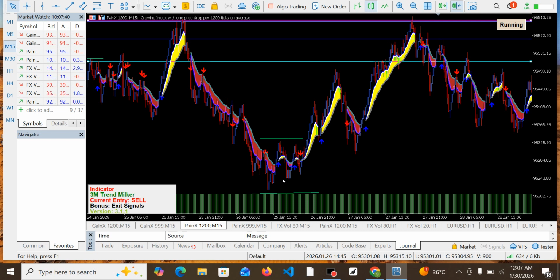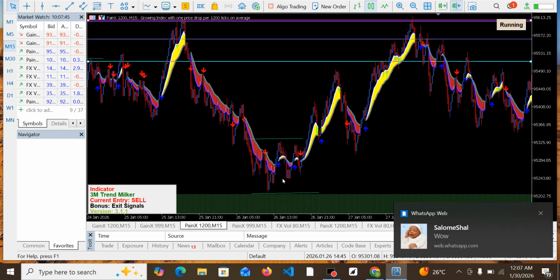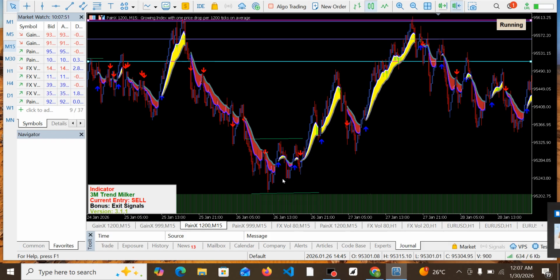Okay, guys, I use the trend trading strategy for this setup, and we're going to see the outcome of what we are able to achieve with this setup. We've been on this particular trade for some days now, and I'm going to show you how we've been going up and down with this particular trade using the same strategy, which I have been